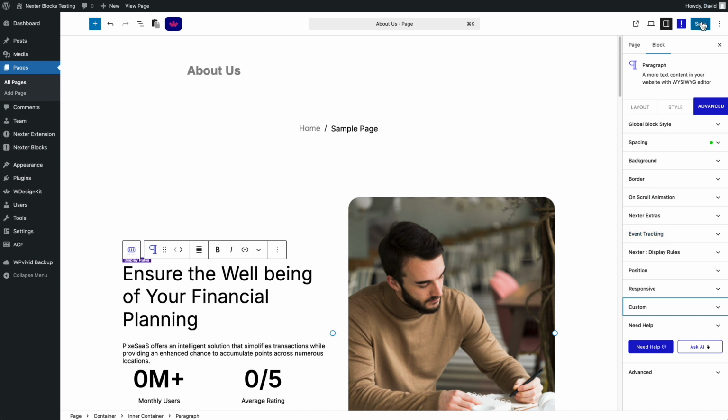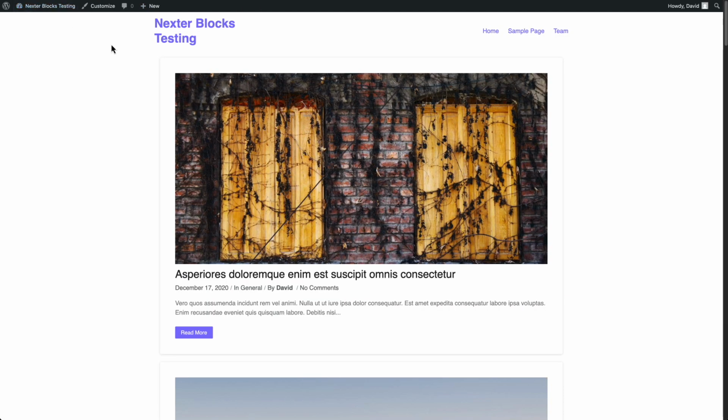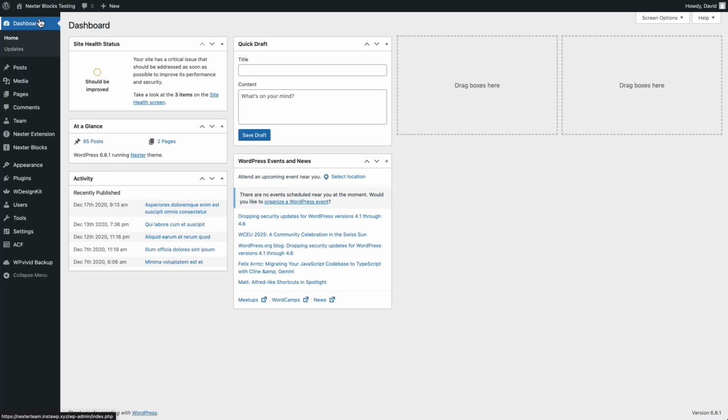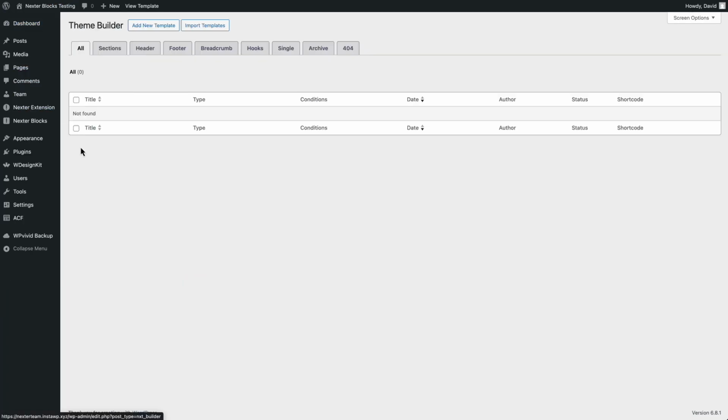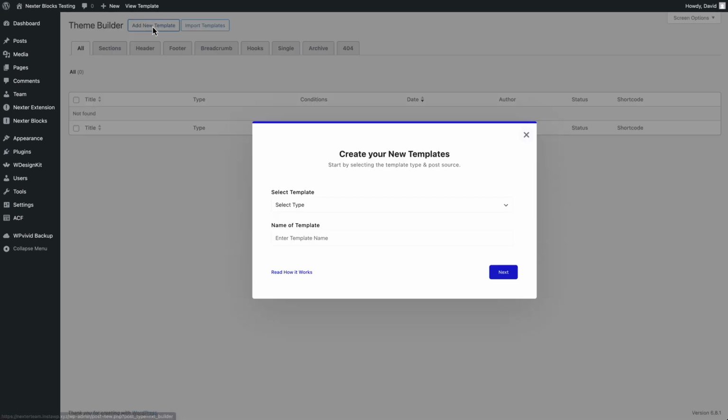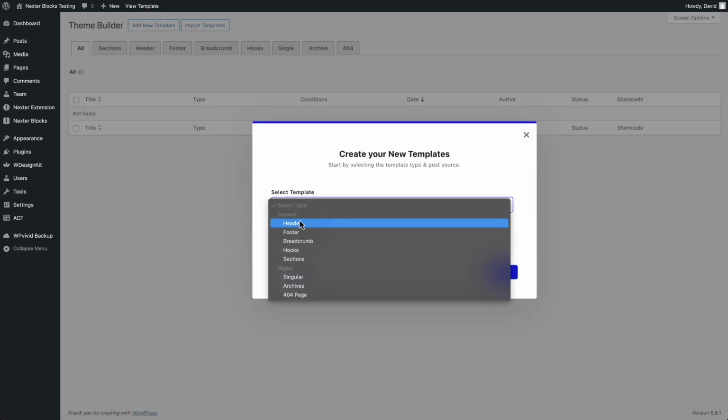If we look at the front end, you notice there's a little problem here. Okay, this is wrapping, and so that'll give us an excuse, I guess, to go into the theme builder and see if we can create a header here. So let's go to theme builder and we'll add a new template and it will be a header